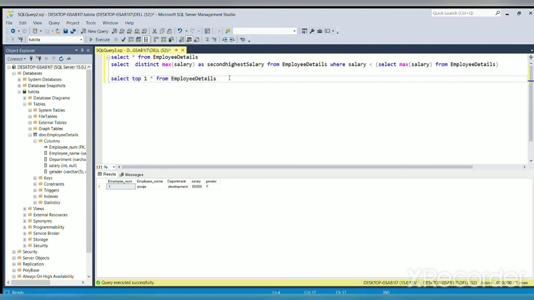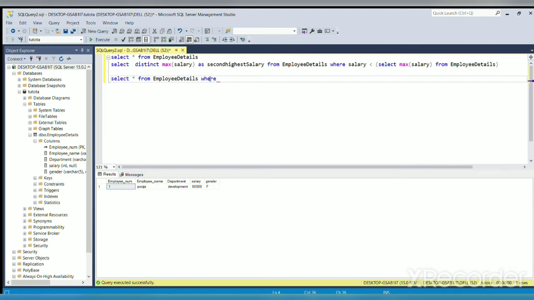Next, we need only the even rows. For that we need to use the modulus function. Select star from employee details where, in MS SQL there is no function called mod.